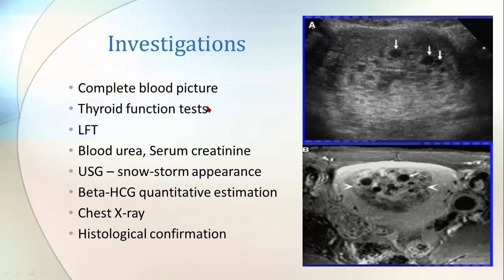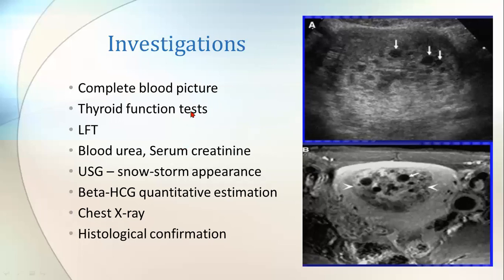Next is thyroid function test. As I have already said, the alpha component is similar to that of thyroid stimulating hormone, so we have to check to prevent conditions like tremors, tachycardia, palpitations. We should do thyroid function test and also liver function test to know the enzyme levels, which are useful for giving general anesthesia to the patient also. Next, the patient is bleeding in hypovolemic condition, so blood urea, serum creatinine, and electrolyte levels should also be done. That is the renal function test. These are all the blood investigations which will be helpful for the patient.